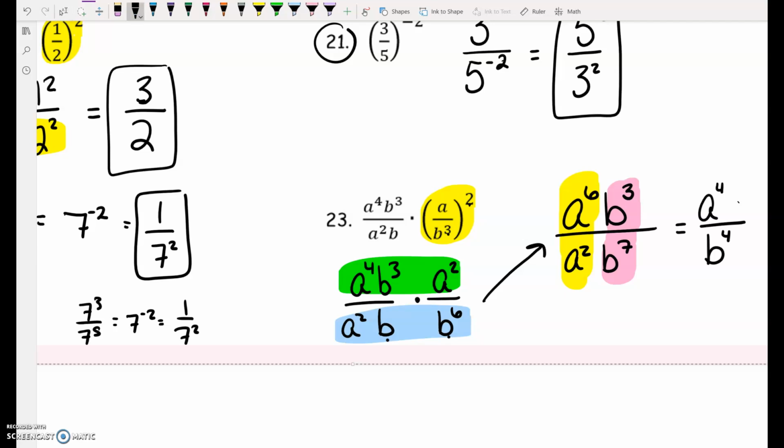Another way to think about this, a squared cancels out 2 of the 6, leaving you with 4 on the top. b to the third cancels out 3 of the 7, leaving you with